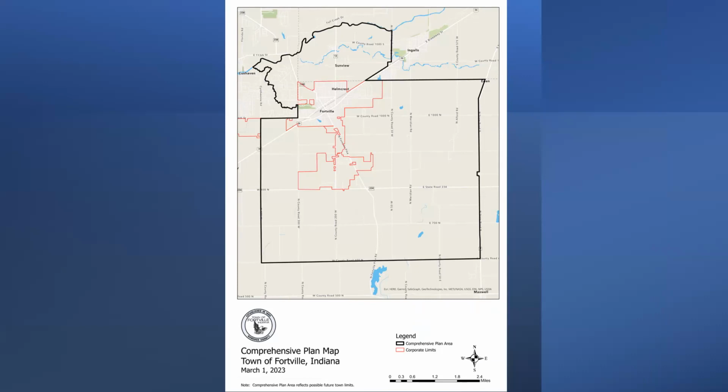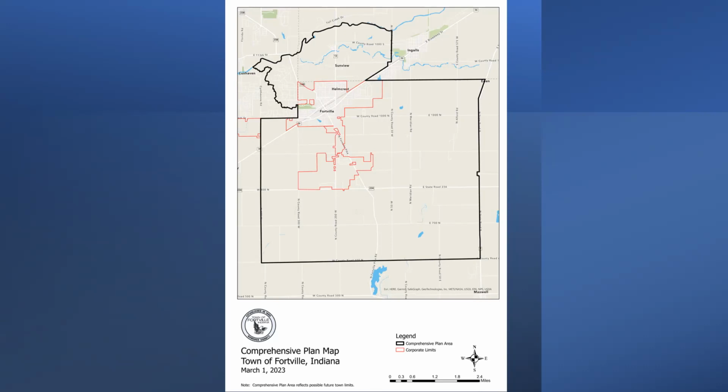So the boundary, and I'm going to walk you through it and explain the thought process, whether or not you agree with it. Certainly, I'd be curious to see what you think. But here was what I was thinking: first, if we look at our west boundary, 400 West for quite a long time, maybe dating back at least 10, 12 years, has been kind of the dividing line between where Fortville would grow to and where McCordsville would grow to. And they're still operating under that understanding. And so for the western boundary, we would put it at 400 West.